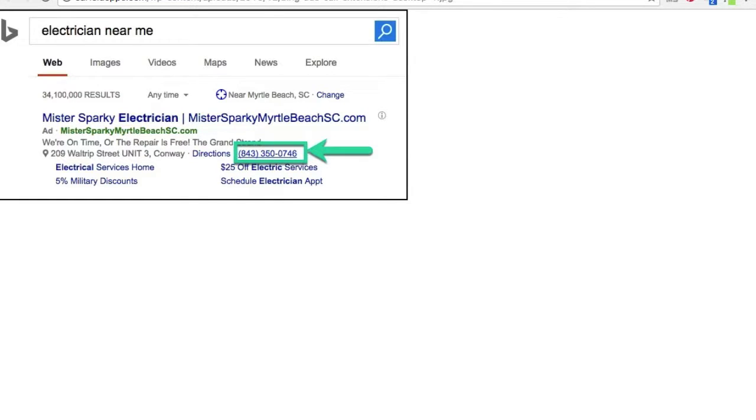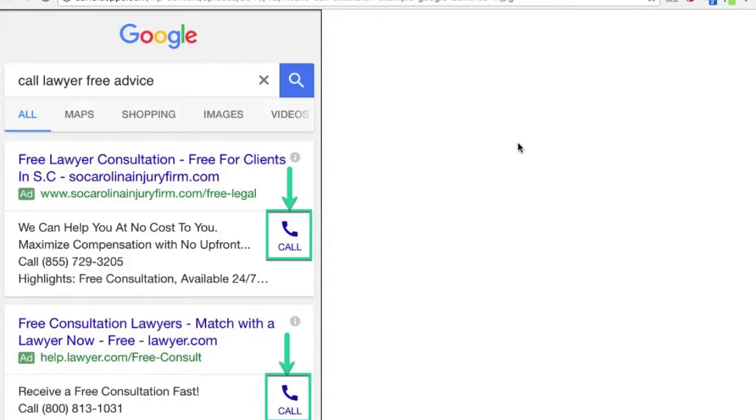So these are desktop call extensions in Google and Bing. And now with the mobile versions, these are actually more interesting, because this is a mobile ad that I searched on my phone where I said call lawyer for free advice. I figured I'd get some phone call ads, and right here at the top, there's two of them. What you'll see is this little call button right here is actually clickable. So if I'm on my phone and I search call lawyer free advice and I click call, then I'm going to get right in touch with this phone number here,